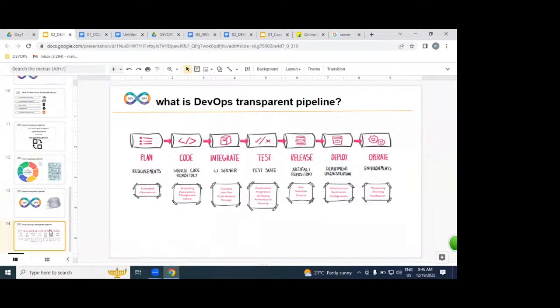This is exactly our actual DevOps process, which we are going to implement. Our actual DevOps process looks like this. In this DevOps transparent pipeline, we have several stages and phases like plan, code, integration, testing, release, deploy, operation. But in this DevOps process, our